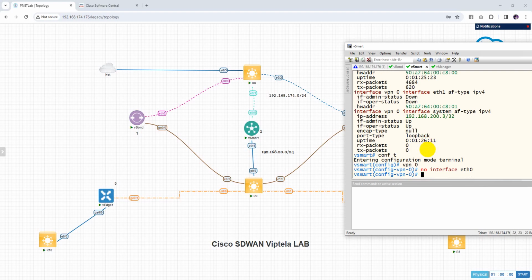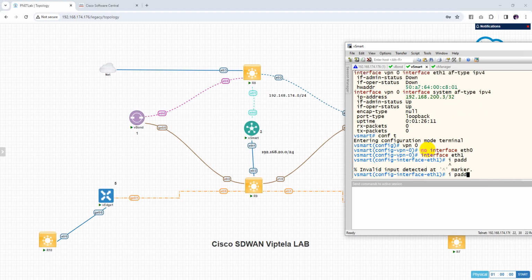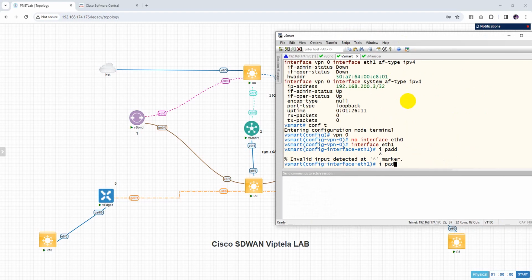So this is when you configure it in the 512, you will be able to configure that interface. Okay, so we are in the VPN 0. Let's do the interface Ethernet 1, IP address. Let's move it directly here. Okay, IP address